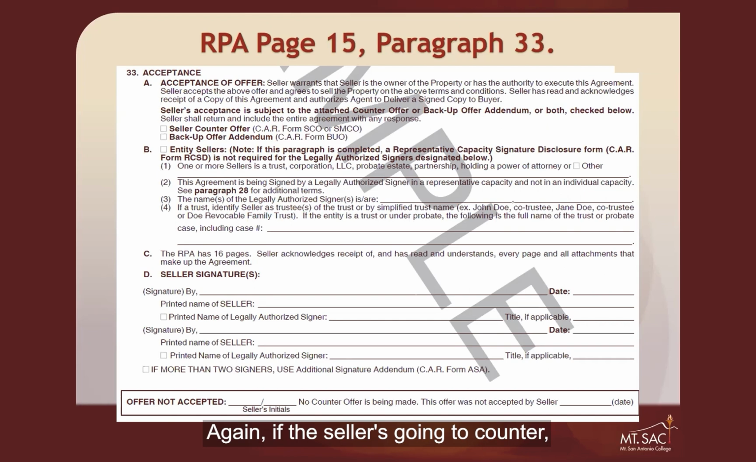Again, if the seller's going to counter, we have reference to the seller counter offer or the seller multiple counter offer, or if the seller's taking this as a backup offer, we can attach the backup offer addendum, right? So the buyer had originally signed above, seller's going to sign below, okay? If the offer is not accepted, well, the seller doesn't have to check or initial down here, at the very bottom of the screen. We certainly encourage them to do so, particularly if you're in a multiple offer situation,